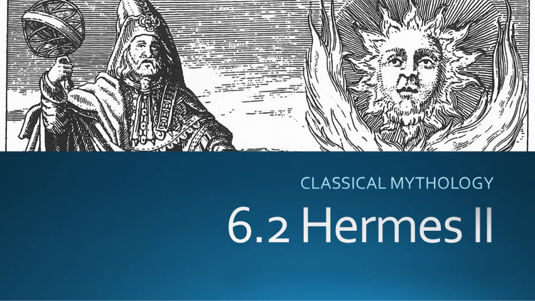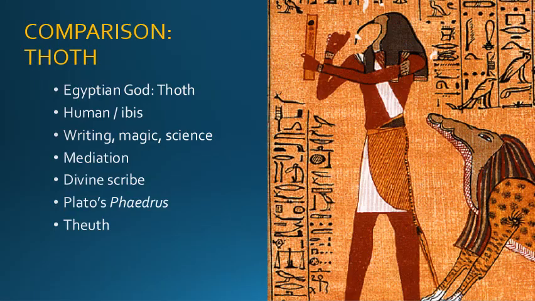In part 2 of Module 6, we will focus more specifically on the figure of Hermes and look at how he has evolved in some interesting ways over the course of time. This has partly to do with his assimilation with other deities from the ancient world, as I explained when we